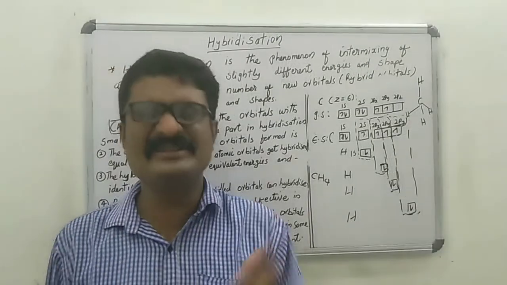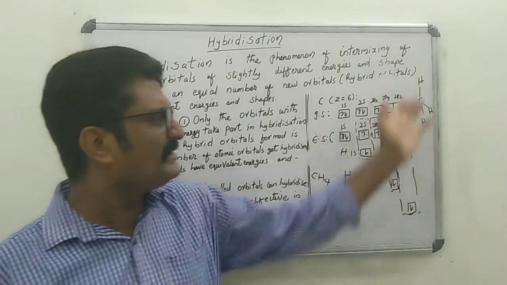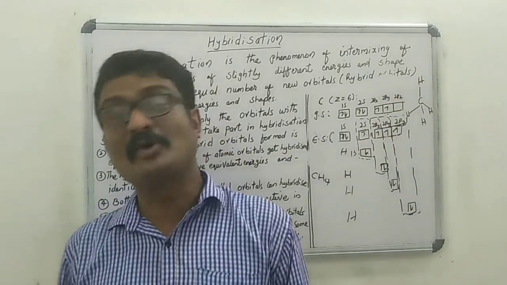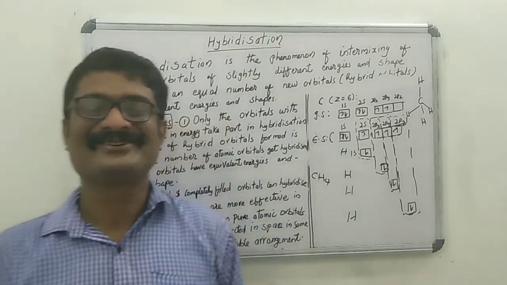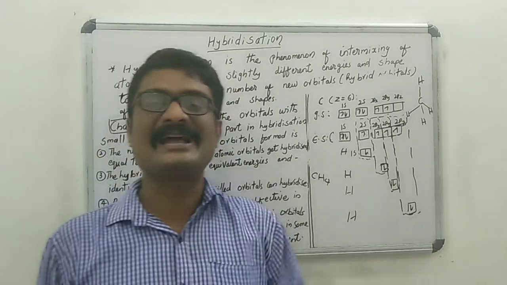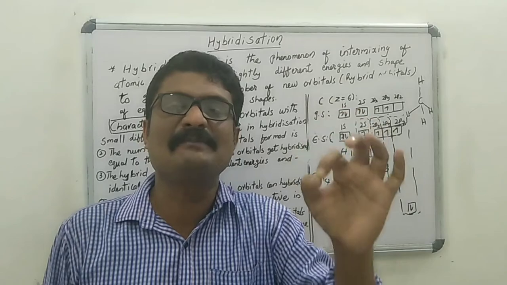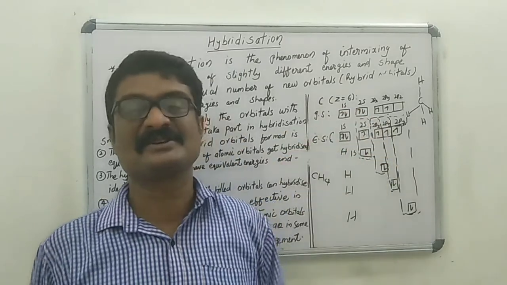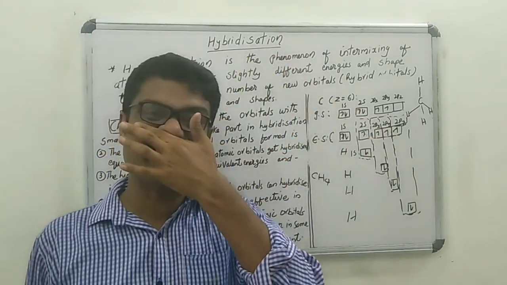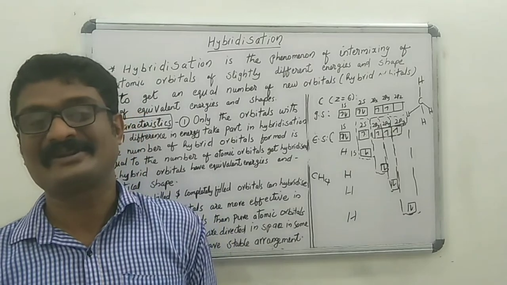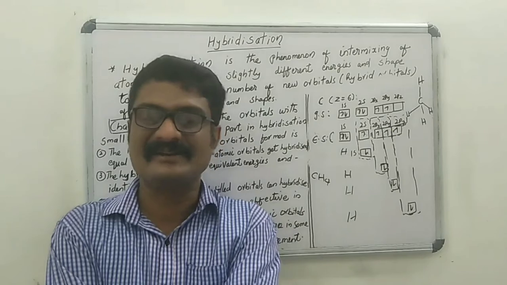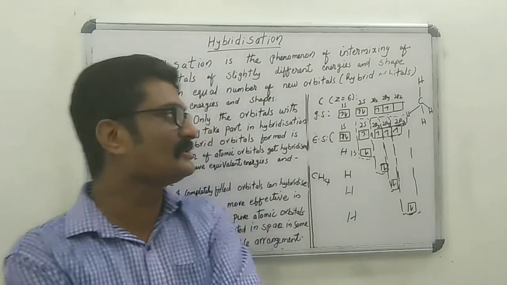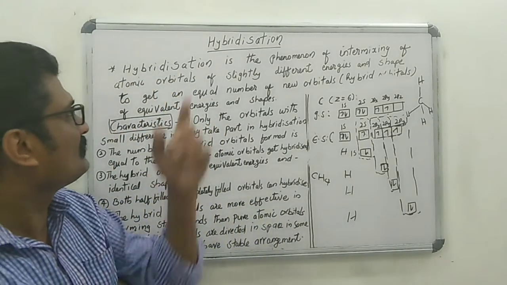How is it possible? Why are these 4 CH bonds equivalent? This problem can be solved with the help of a concept known as hybridization. Then what is meant by hybridization? First, you read this